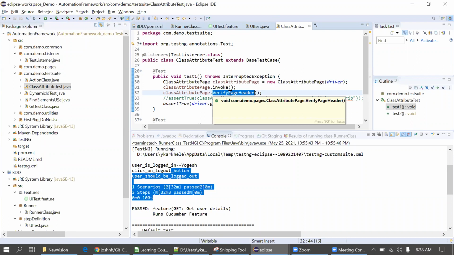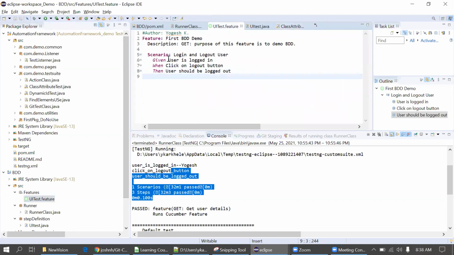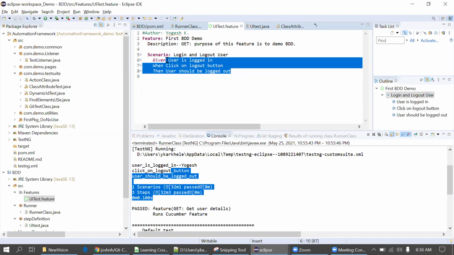That's behavior driven development. In behavior driven development, we simply put sentences like this. For example, user is logged in. Behind that, there is code for the login of the user. Then, if we perform this operation, click on logout button, at this line we put some code in the background so that the user clicks on the logout button. So these are plain English sentences used in BDD. That is a benefit of BDD: the business team or any non-technical person can understand these test cases easily.